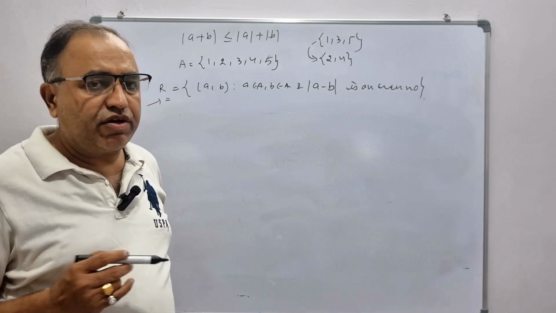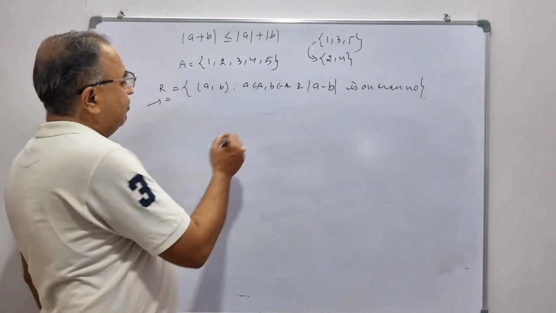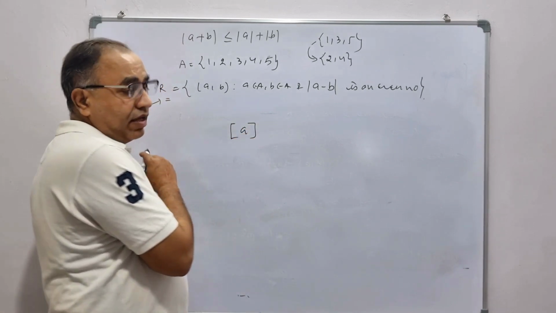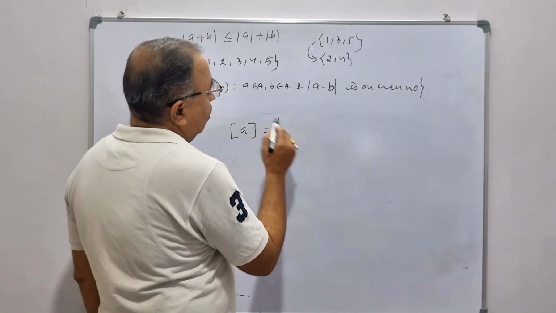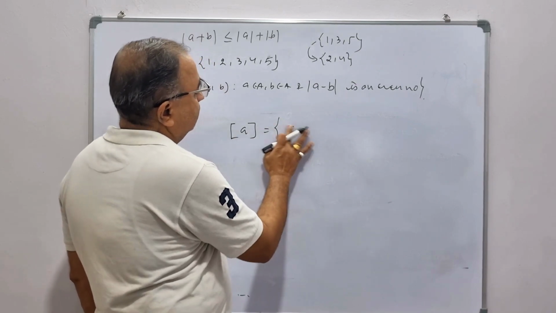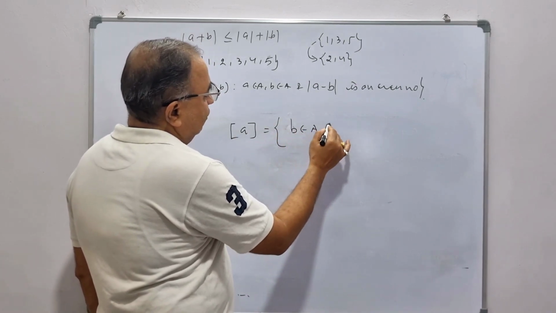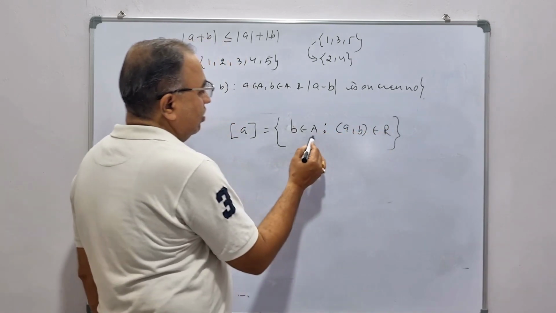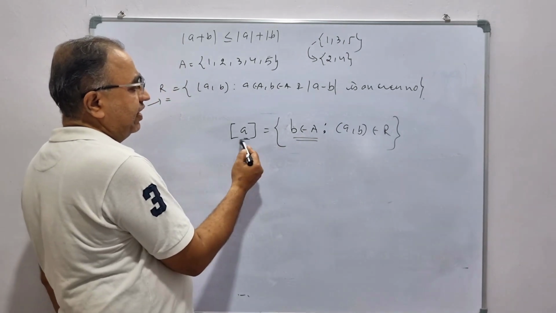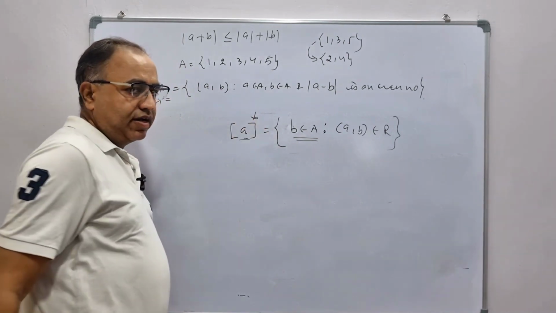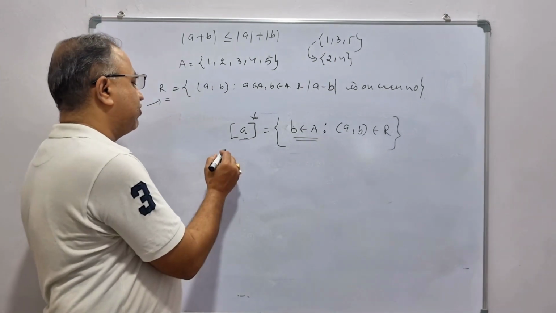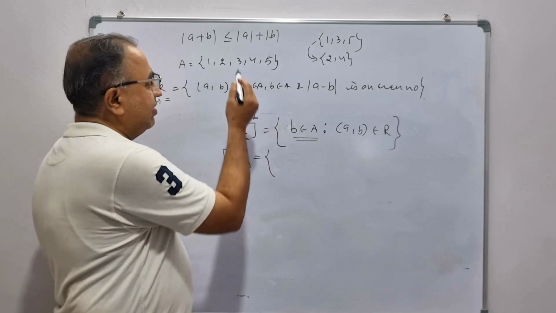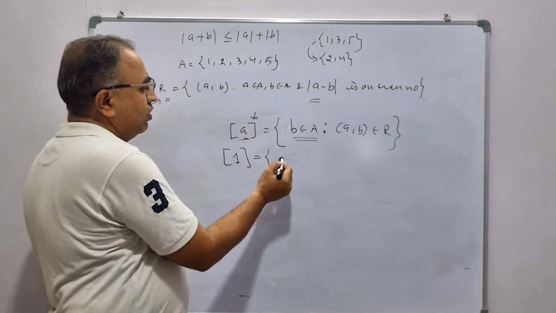Now I will discuss one more important concept here, that is called equivalence class. If I say equivalence class of a, that means you are finding all those elements of set A which are related with a through a well-defined relation. All the elements of set A which are related with this entry a will form its equivalence class. So I have asked in this question at the end, find the equivalence class of 1. So which are all the elements related to 1 through this relation? 1, 1,